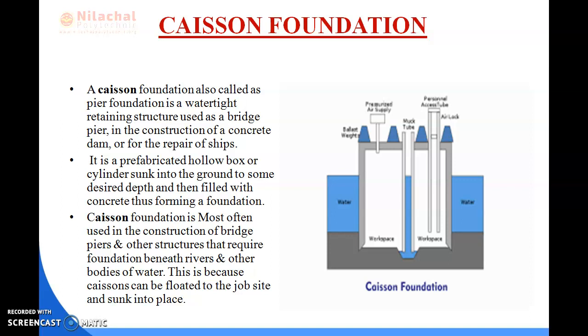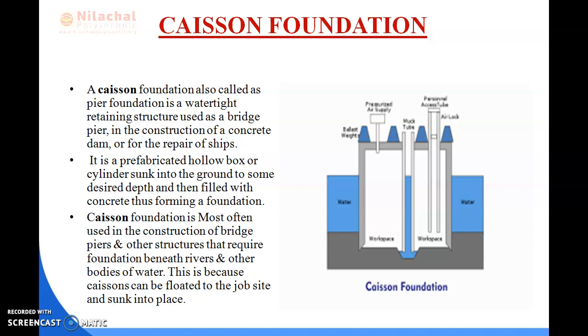Okay. So caisson can be broadly classified into the following three types basically. First one is box caisson, second one is open caisson, and third one is pneumatic caisson. Okay. So first we discuss what is box caisson. Box caisson is like a box that is open on the top side and the other sides are closed. Okay. And next one is open caisson.